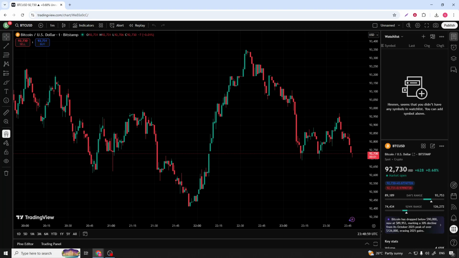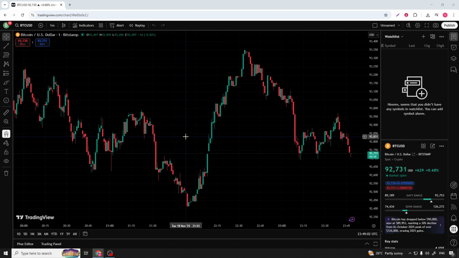In today's video, I'm going to teach you how to connect Bitstamp on Tradingview. We'll walk through this step by step so you can place trades on your Bitstamp account directly from your Tradingview charts. Before we start, make sure you're already logged into your Tradingview account and that you have an active Bitstamp